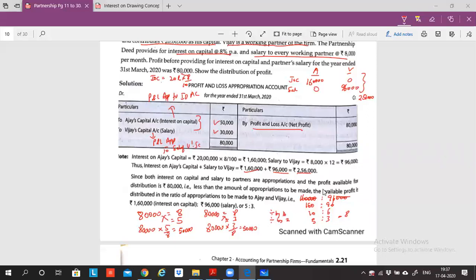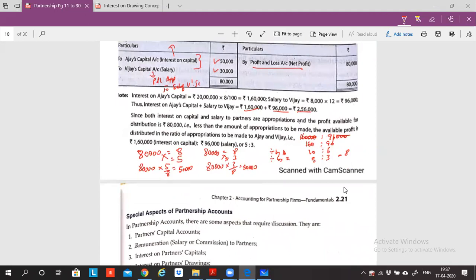Sir, I have a doubt. Yes, Kanna. Sir, you wrote over there 1,60,000 is to 96,000. Correct. Do you have any other method to do that? Another method is, if you don't want to simplify to 5:3, this 160 is to 96 is there, no? I'll total this. What is the total of this?